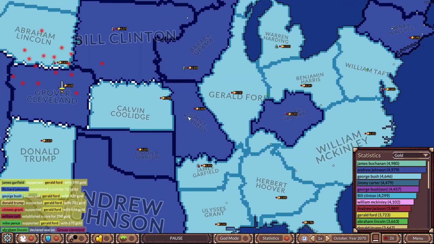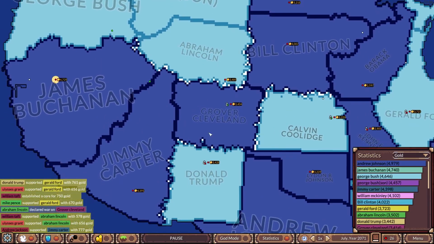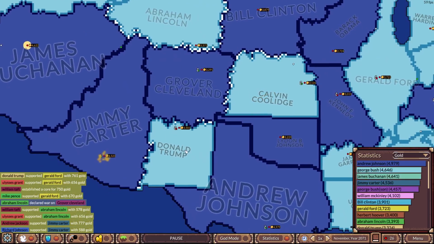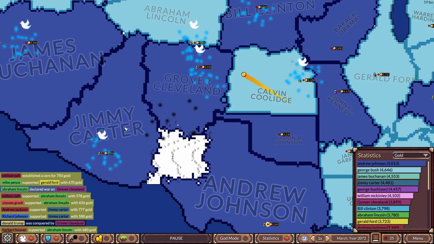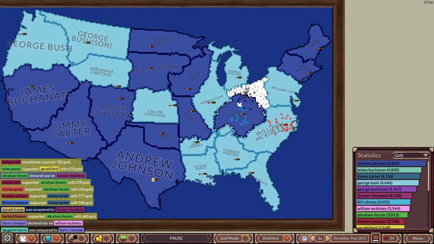Look at that. And they made peace. But already there's some fighting going on and some massive support flying around. And look at that. Look at Donald Trump being completely engulfed by Grover Cleveland and Jimmy Carter. Andrew Johnson getting in on that action. Smart move. Look at that. Oh,